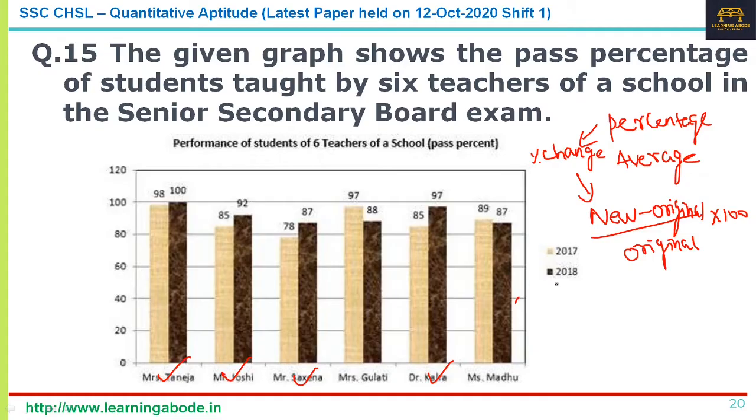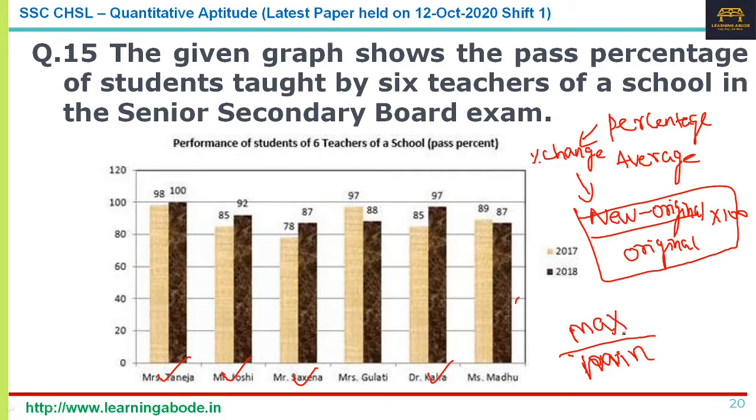Now, if you're asking for maximum improvement, if this output should be higher, then the denominator should be minimum and the numerator should be maximum. Numerator should be maximum, right? Now, if you look at it like that,